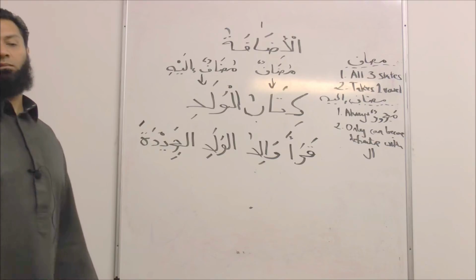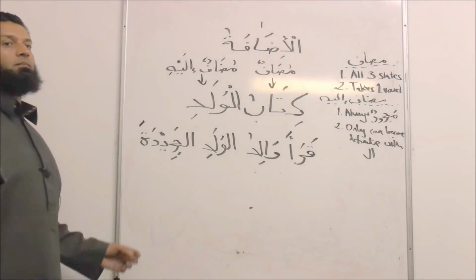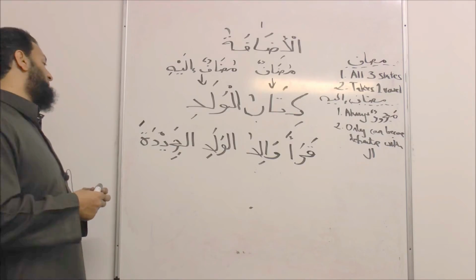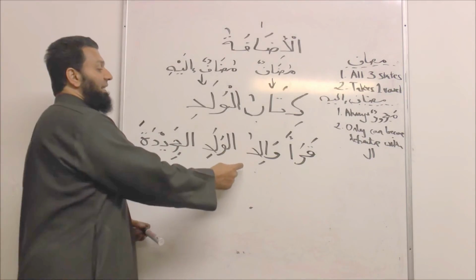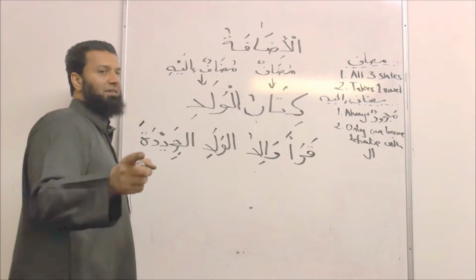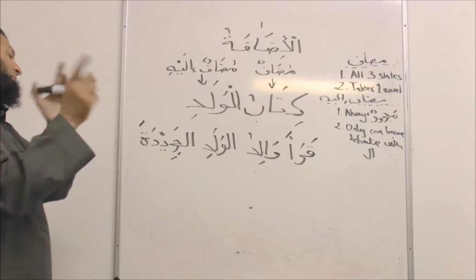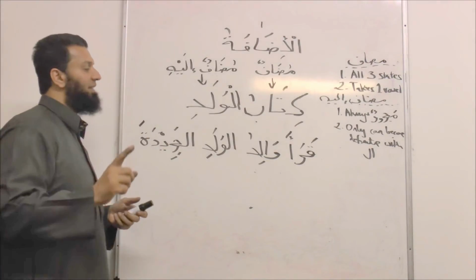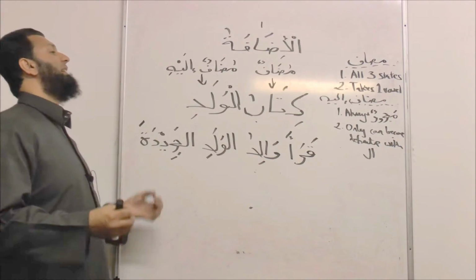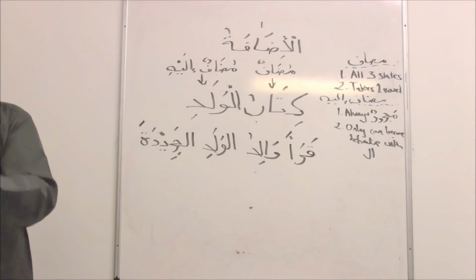Because you said when an ismun is followed by a verb, it's always mansubun. Well, when a verb precedes an ismun, that ismun then becomes marfu'un. You see, you have to not look at it in terms of word order for a very good reason, which we'll explain at some point. You have to understand it from each word's role in the sentence. What is the role of that word?